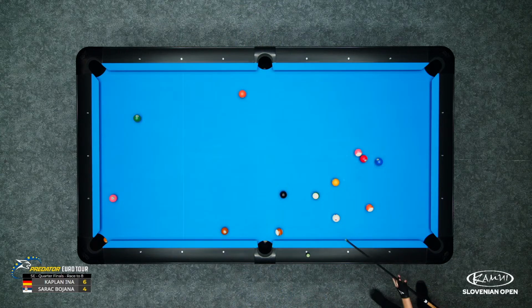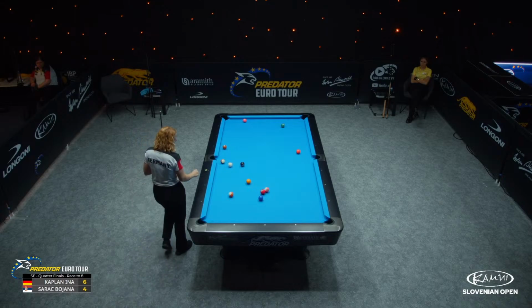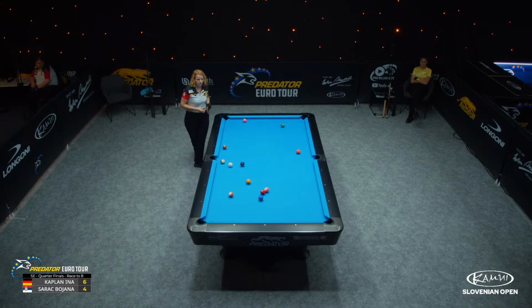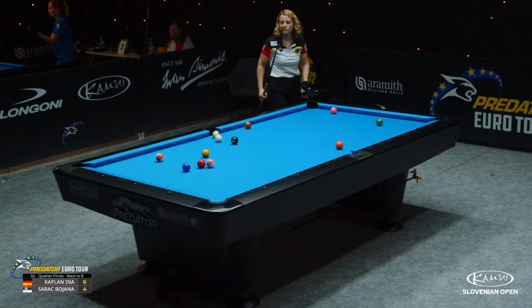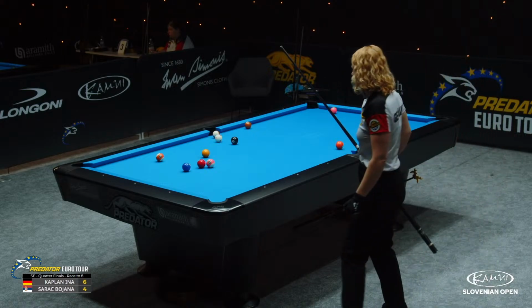I suppose it all depends whether the 12 does pass the 13. If it doesn't, maybe she's confident that she will get another opportunity to play shape on the 12. Well, the 12 definitely does not putt from this point, so